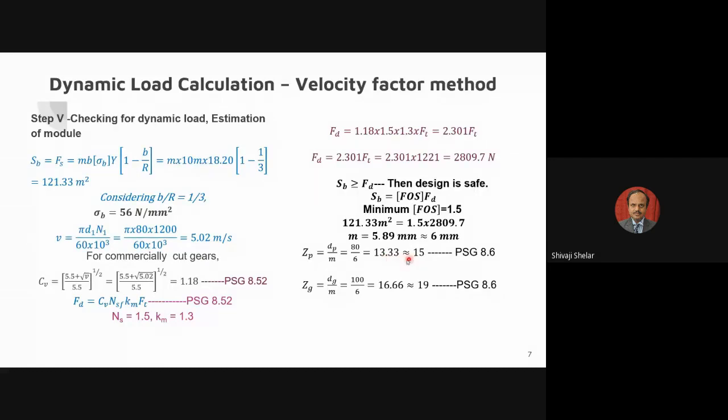But we have to check whether with 14 teeth on pinion, any gear pair is available as a standard tooth size or not. So for that, you need to refer the various tables available from 8.6 onward, 8.6 to 8.12. So if you go to the PhD 8.6,